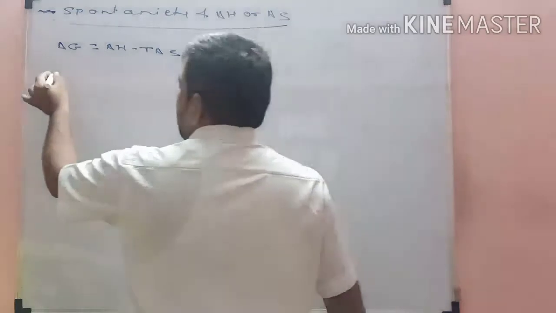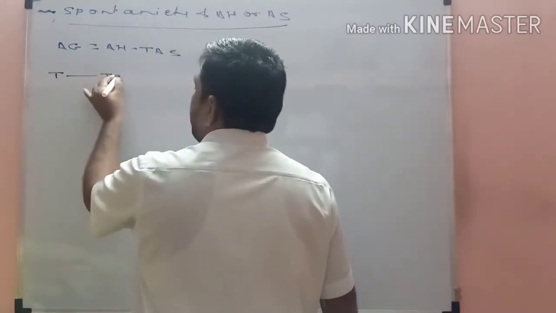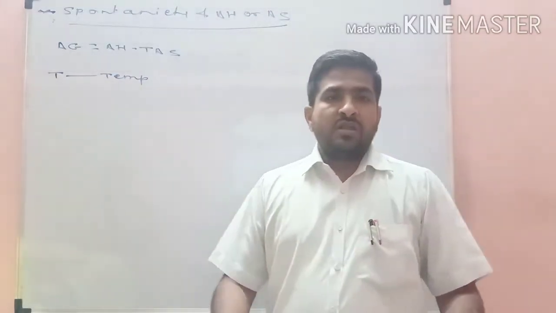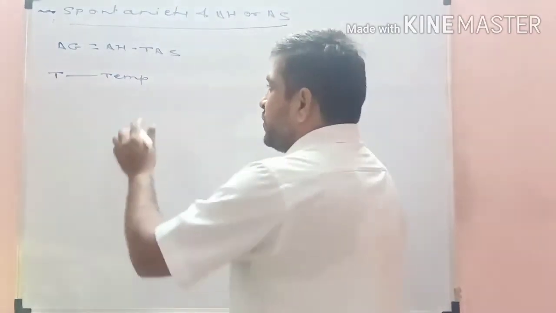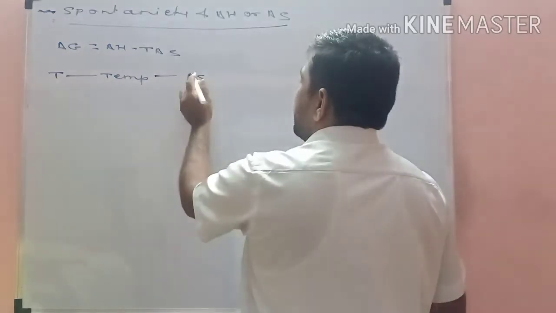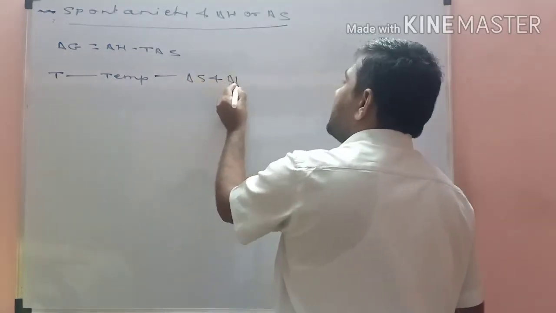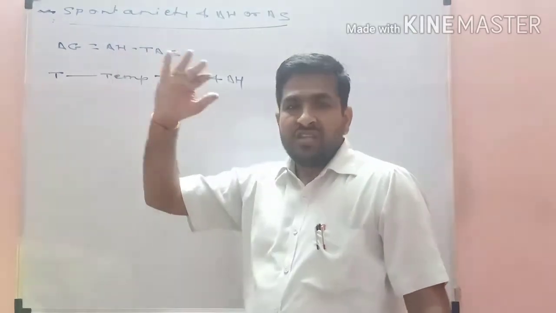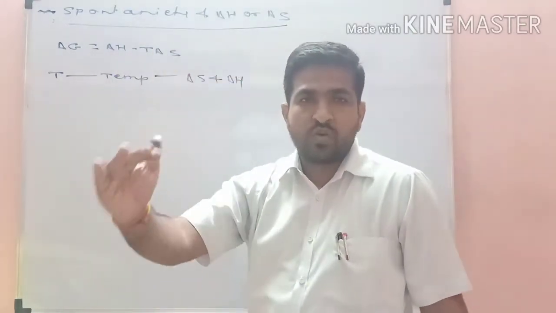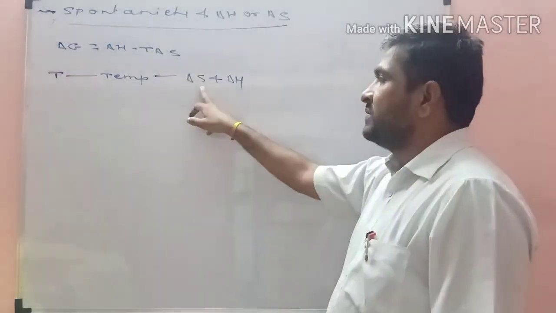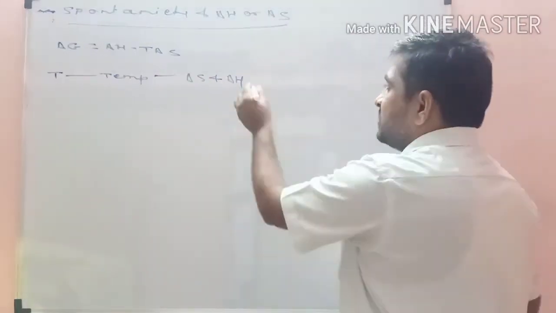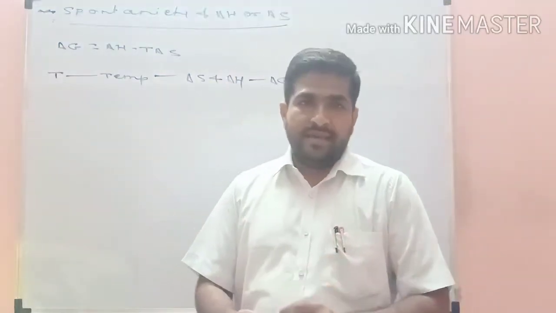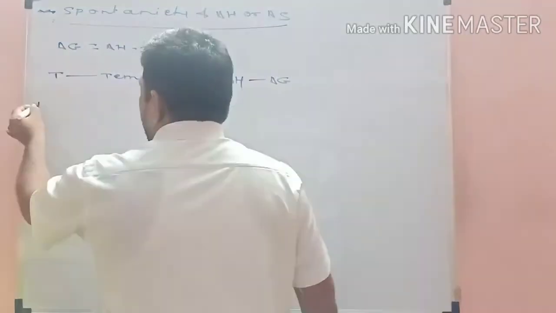The T is the temperature and this temperature is used to determine the values of the delta S and delta H. T is the temperature and this temperature is used to determine the values of delta S and delta H, किसके लिए, delta G के लिए. Now, if